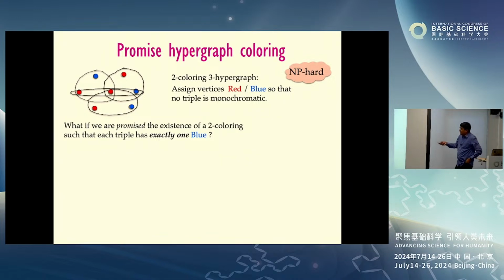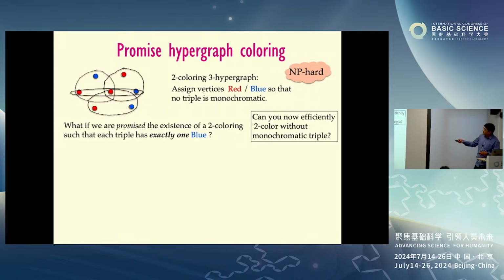In this case, it's still hard to find a coloring which has... But under this promise, find a coloring which I want. In your longer, what's the deal? Turns out now the answer is yes. Okay. In fact,